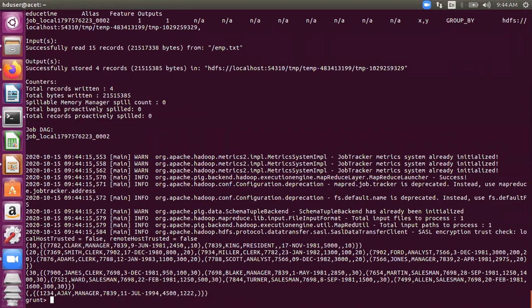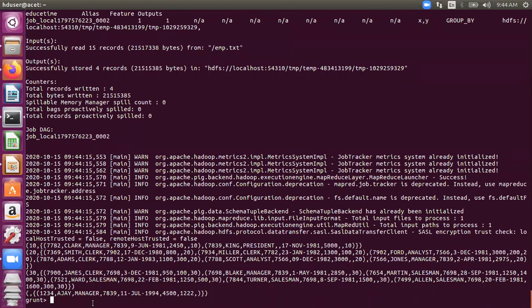So I think you can clearly see that the relation has been grouped, and you can see the first group is 10. All the employees who are there in 10 are there. The second group is 20. All the data of the employees which belong to department 20 is there. Then department 30 is there, and the last one, the null group. Can you see the null group, in which there is one employee, Ajay?